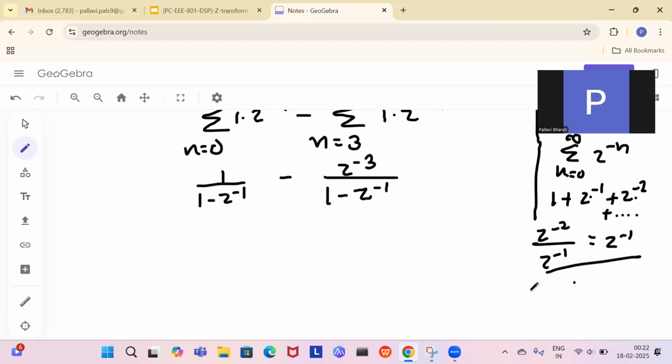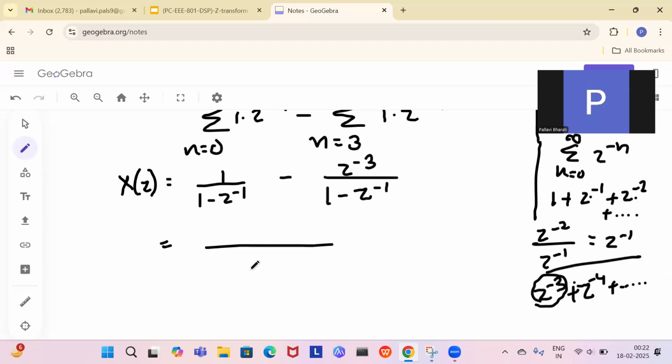The first term is z to the power minus 3, then z to the power minus 4, and this way it will go on. So the first term is z to the power minus 3, but the common ratio again is z to the power minus 1. So the final answer you will be getting is this, your X of z. If you simplify it, the denominator is the same, 1 minus z inverse, and the numerator is